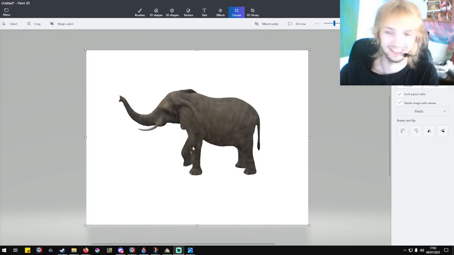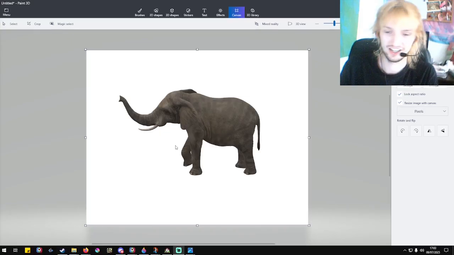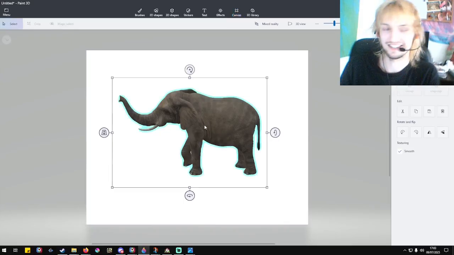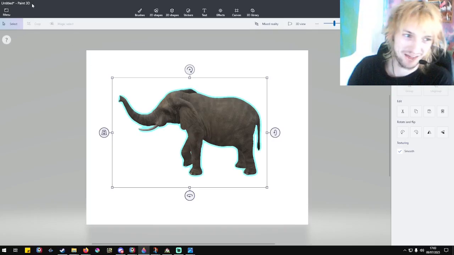We're making a scene in my game, Attire. So first of all, let me explain what the scene's going to be about. Let me set the scene. You see there's an elephant here, and I'm also in the app Paint 3D,